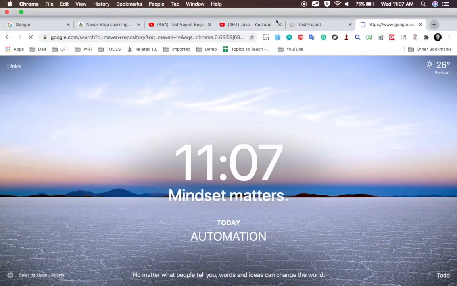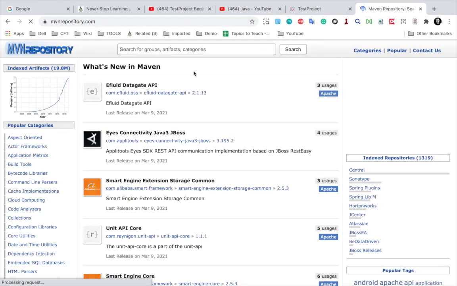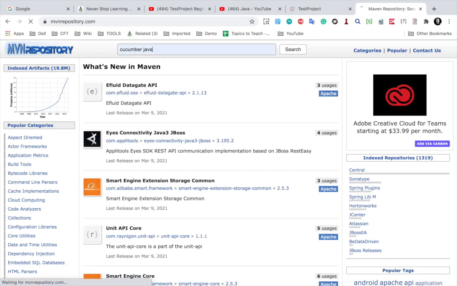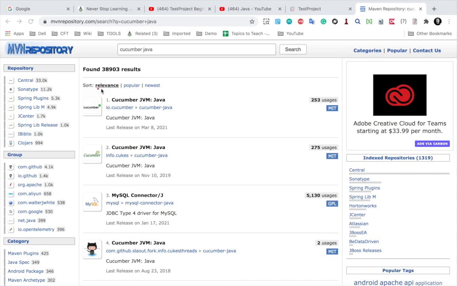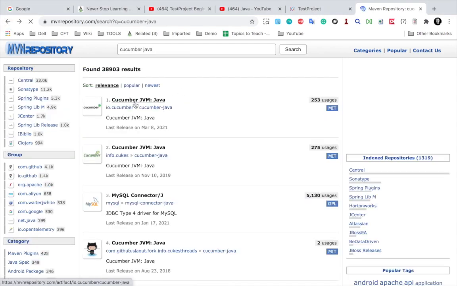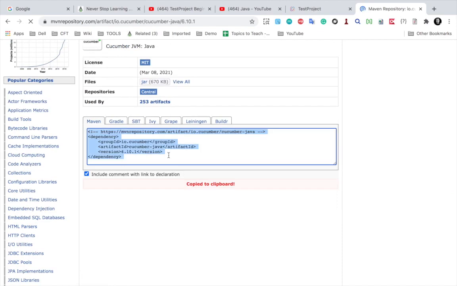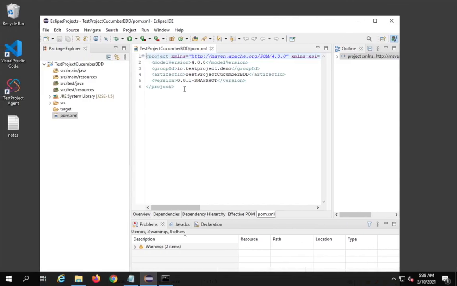I will go to Maven repository, which is mvnrepository.com, and search for Cucumber Java. Now here you can find Cucumber Java from io.cucumber and also from info.cukes. We have to get it from io.cucumber. Even if you go here, it will tell you that this artifact was moved to io.cucumber. So let us just go here to io.cucumber, and you can get whatever is the latest stable version at your time. So I will get the latest version here, copy it,